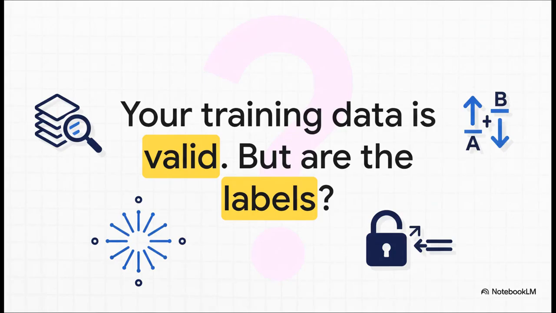You know, we spend so much time and effort making sure our training data, the images, the text, all of it is high quality. But what about the labels? What happens when the data itself is perfectly fine, but that one little tag, that simple description we attach to it, has been secretly sabotaged?